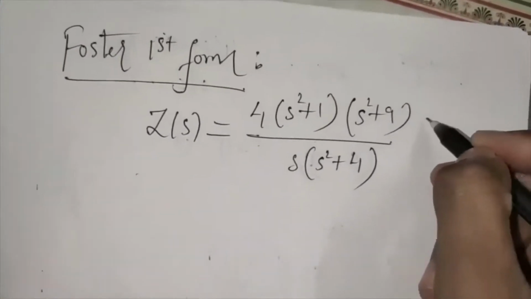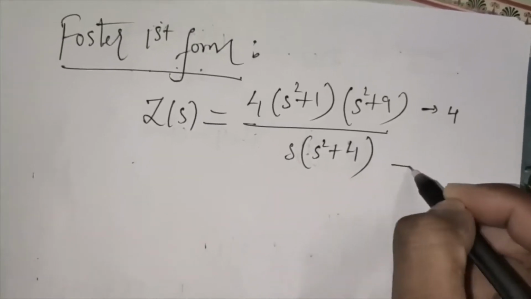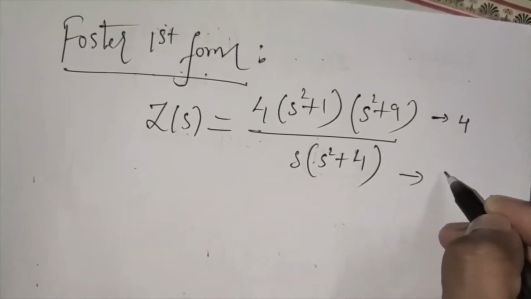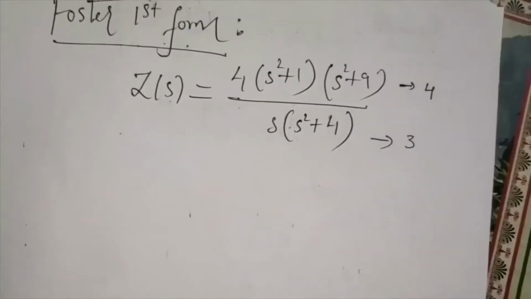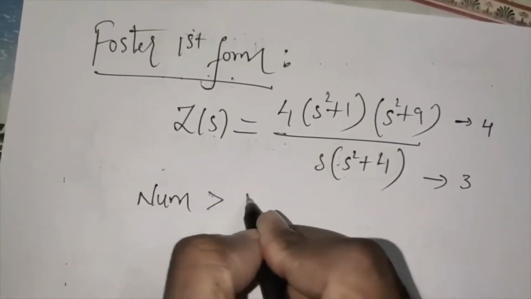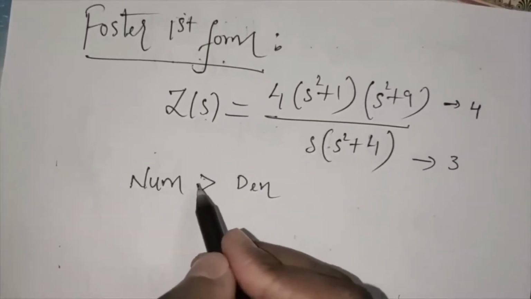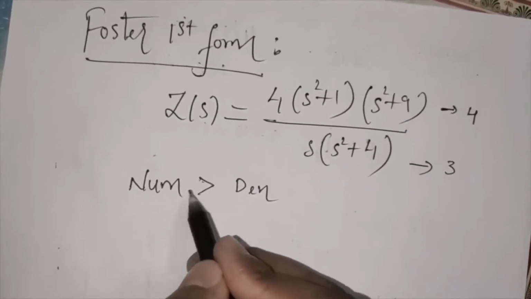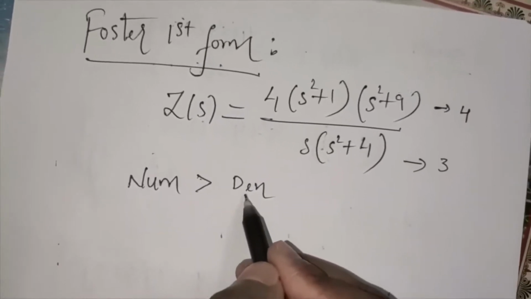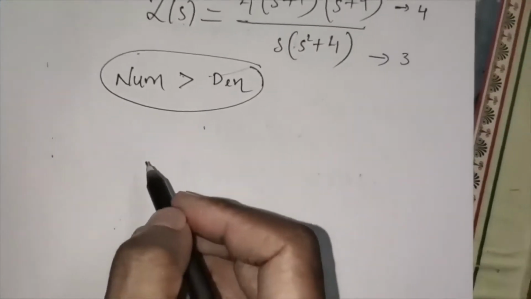Here you can see the degree of the numerator is 4, whereas the degree of the denominator is 3. So the numerator degree is greater than the denominator degree. In fact, the degree of the numerator should be less than the degree of the denominator. So in such a case we consider